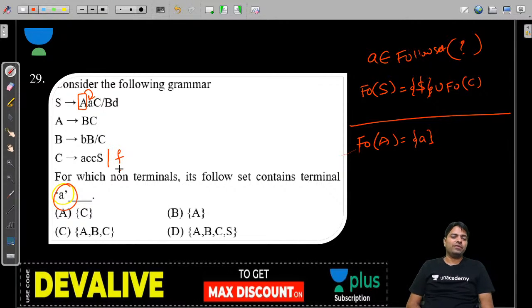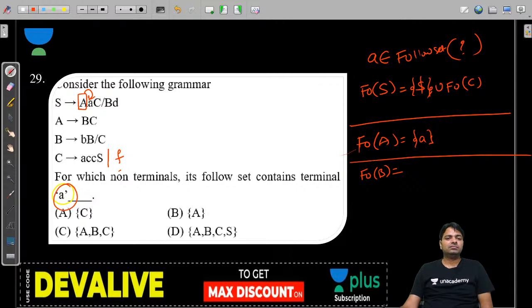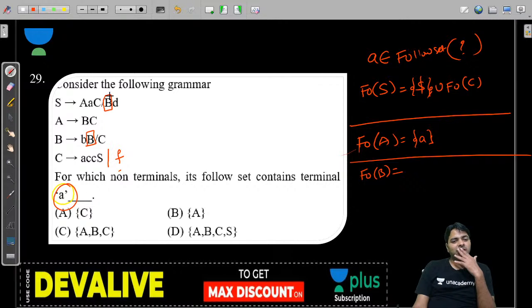Follow of A now. Follow of A is just small a. And follow of B. One B is here, other B is here. Look carefully. Here you get a D, so I'm taking D. Union. Follow of B is a follow of B. Here there is one more B. You can cancel the other one, but the second one, follow of B, is the first of C, that you get A comma F. A comma F you get, right? Yeah. So I'm deleting this concept again.